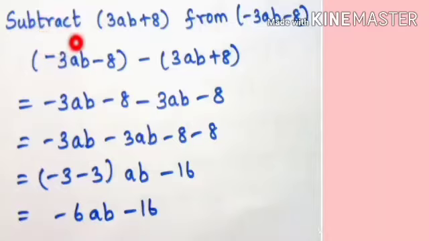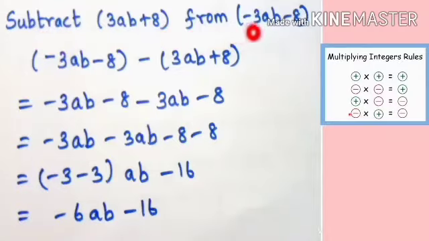Vice versa, subtract 3ab plus 8 from minus 3ab minus 8. So we can write it as minus 3ab minus 8 minus of 3ab plus 8, which is the first term and this is the second term. Now in the next step, by using the multiplication of integer rules, that is, the product of two different signs